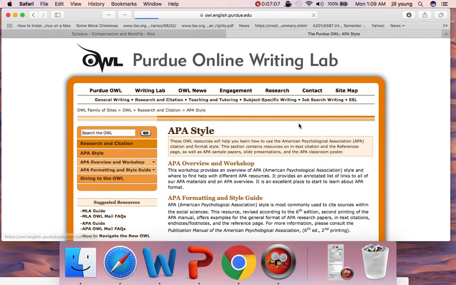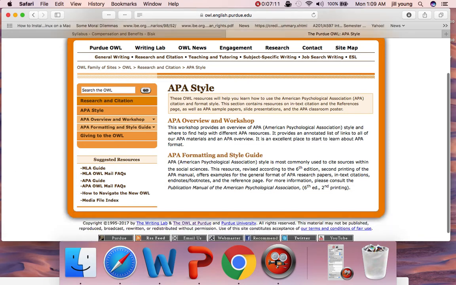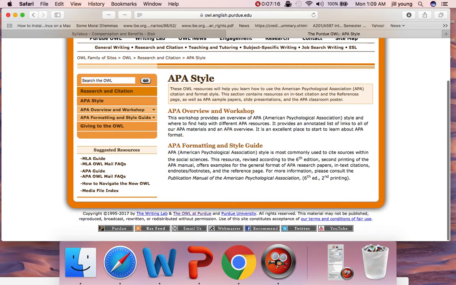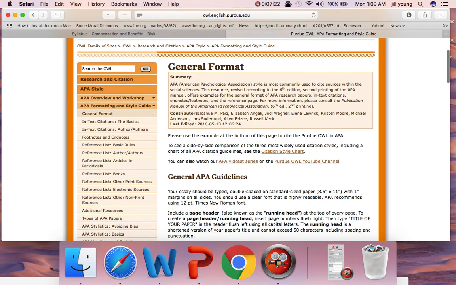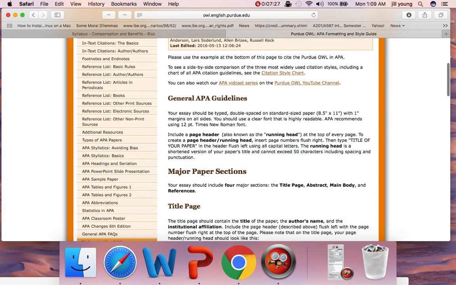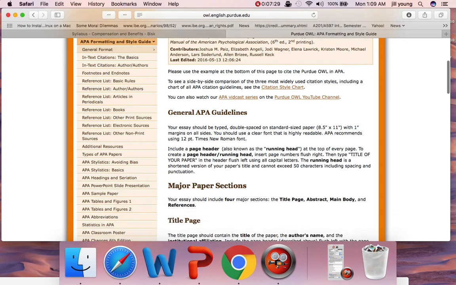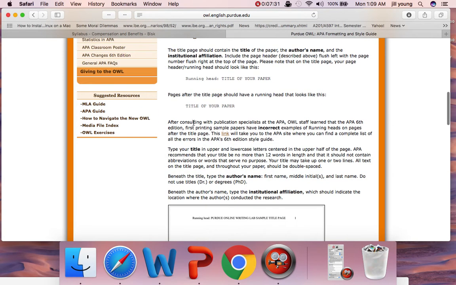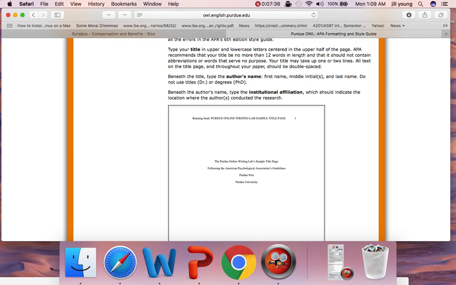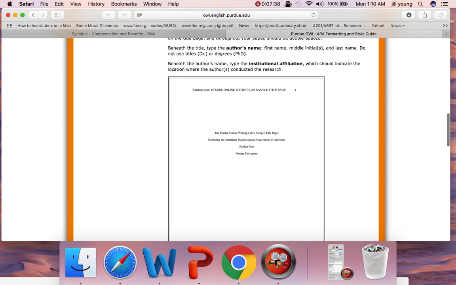There we go. Use this as a resource. It's a great resource. Let's see here. There we go. Formatting and Style Guide. I use this all the time. It has examples and templates, which means it gives you exactly the arrangement of information and an example in many instances. So please make sure to